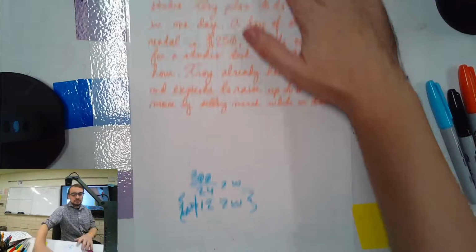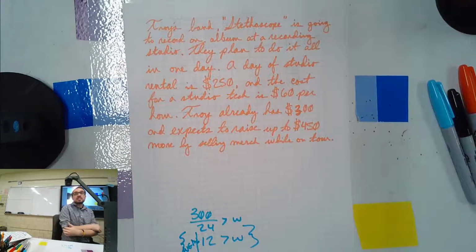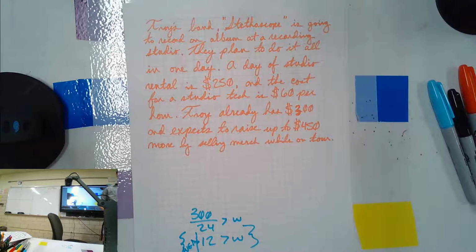Here's your homework. Troy, I had another question that involves your band called Stethoscope. I looked online. There is no band called Stethoscope. It's yours, man. You're going to start a band called Stethoscope. You're going to play bass. I'm good with that. I'll play drums today. Or guitar. You play bass or guitar? You play guitar. I have another friend who looks just like you named Troy. He's in a bunch of bands, mostly punk bands. His signature move is jumping on top of the giant amp and then kicking his feet in the air. That's what he does every time. It's kind of my signature move? Mostly twirling sticks and then throwing them in the back. No, we don't have that in here.